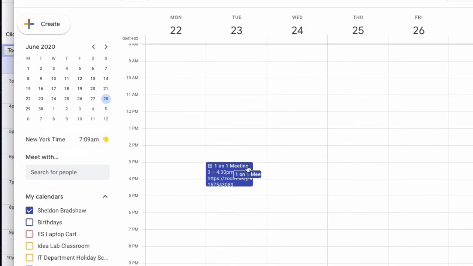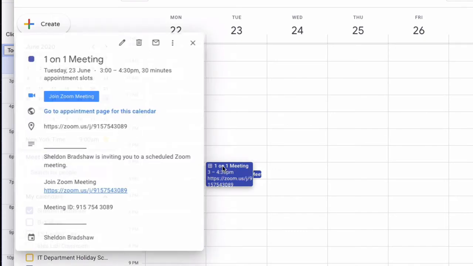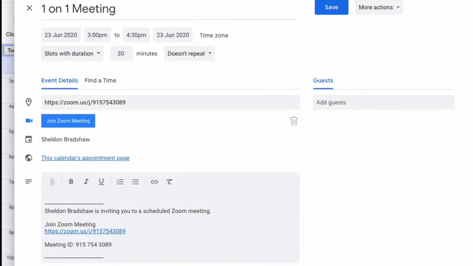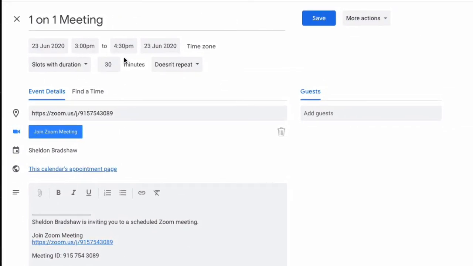So this way you can allow people to book the appointment times they want without it overwhelming your schedule. This is the only time that I've given for that one-on-one meeting. If I wanted to, I could have said, rather than 3 to 4:30, maybe I want to do